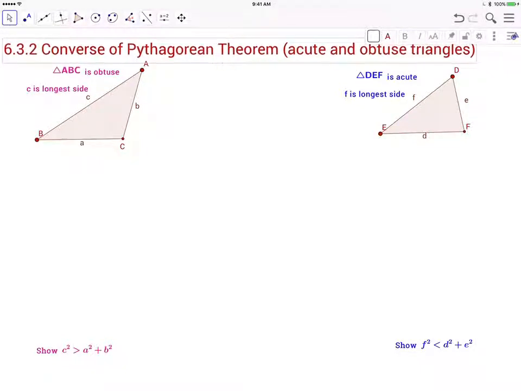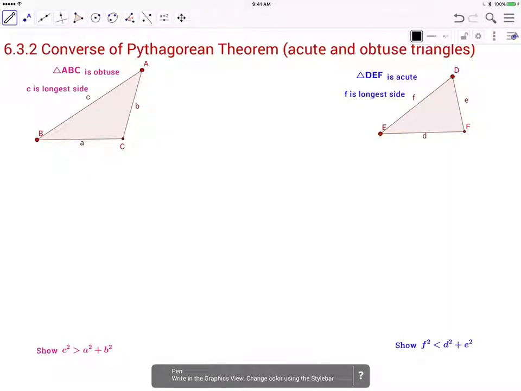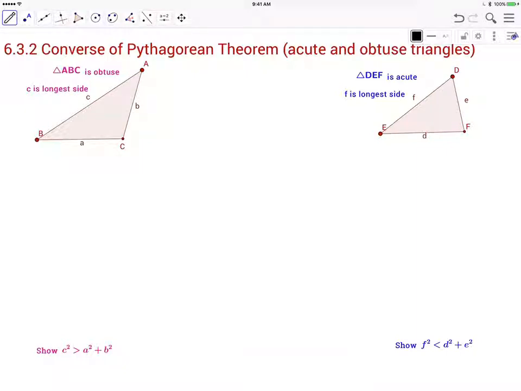So on the left, let's look at this. We're looking at an obtuse triangle. I've purposely drawn an obtuse triangle in here. And we're going to let C be the longest side. We're going to somehow show at the bottom here that the longest side squared is greater than the sum of the other two squares. And how we do that is that,